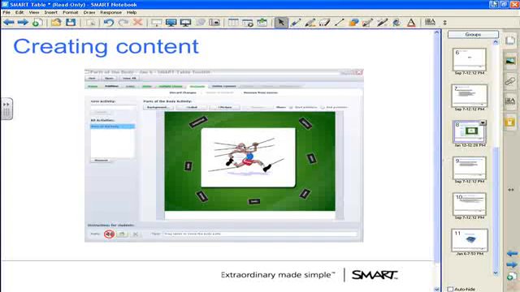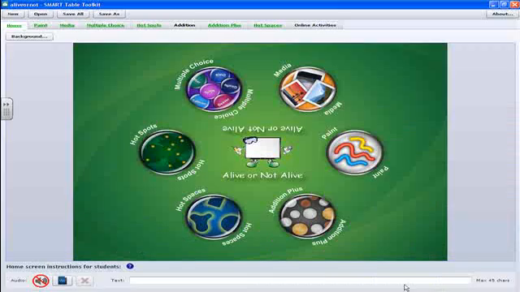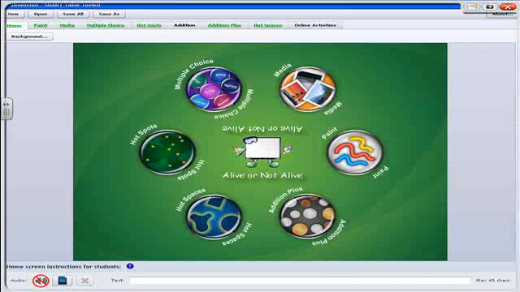What I'd like to do is actually step into the Table Toolkit, and here we are. By launching the Table Toolkit, you will begin with a new blank presentation. I've actually downloaded one that is available for free off of our website, and I'm going to walk through how we created this. If you would like to download this exact same activity, the name of the activity is Alive or Not Alive,